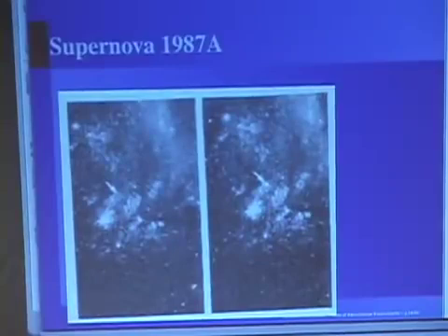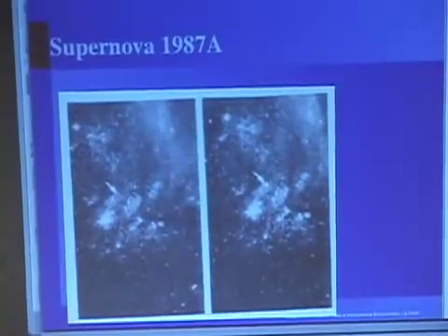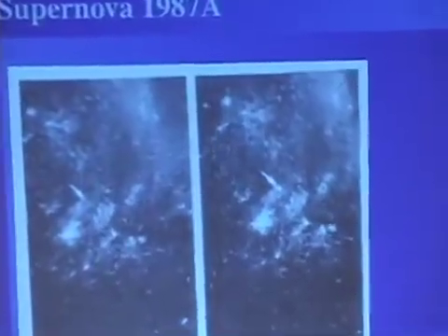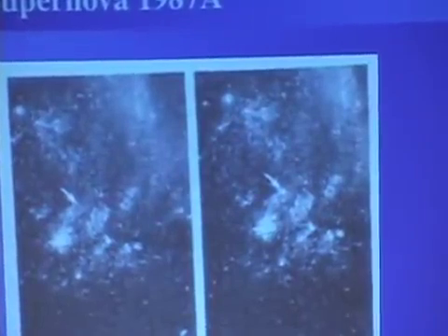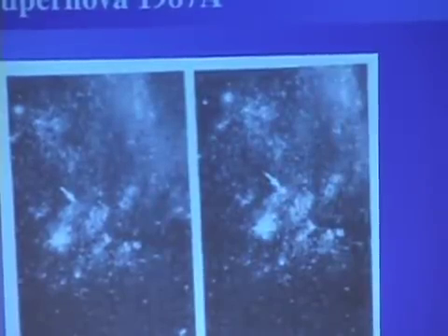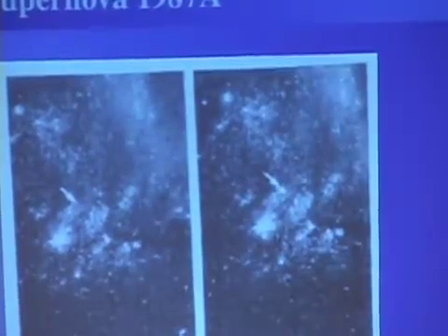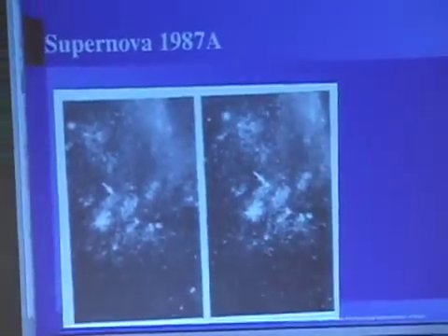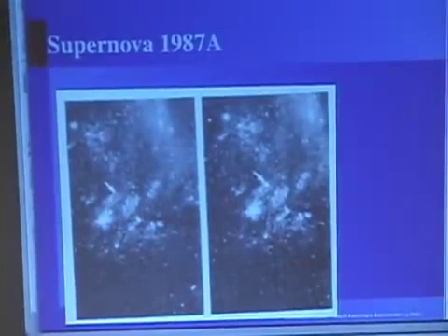And this is the discovery picture. It was found by Ian Shelton, who was taking photographs of the sky. He took a photograph one night, and there was nothing there. Took a photograph the next night, and boom, there's a new star appeared, a bright star. And he realized he'd found a supernova and sent this telegram to CFA. It's rather unfortunate he didn't notice that arrow the night before, because he might have known something was about to happen.